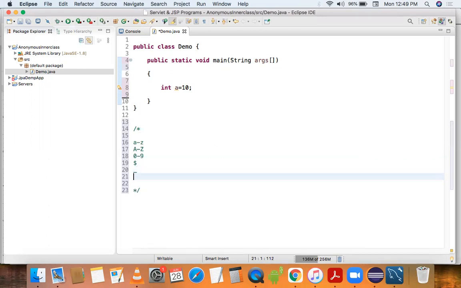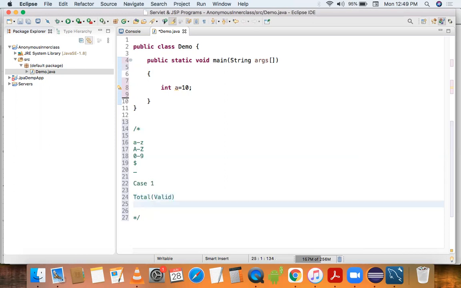There are some cases we will discuss. First case. Suppose I declare class name total. So we can use it as an identifier, means it is a valid identifier.